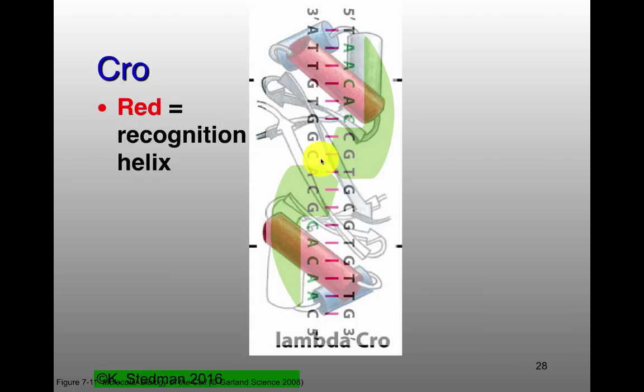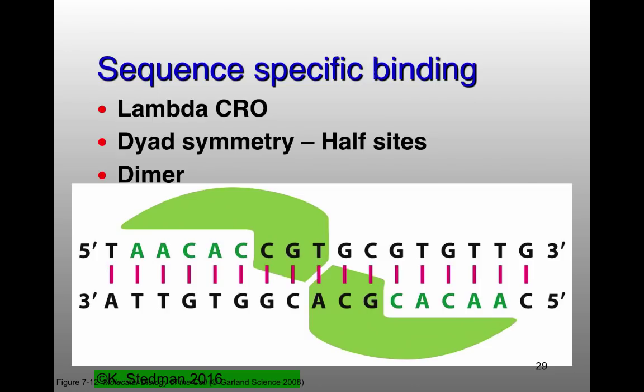So the beta strands are just holding each of the monomers together so that the HTH can sit in adjacent major grooves. And because they are identical alpha helices, they're going to be interacting with identical sequences, but they're in inverse orientation. And so that gets back to our dyad symmetry here, where if you look at the sequence, it's AACAC from 5' to 3', and in the opposite strand, AACAC from 5' to 3', because it's the same alpha helix. It's a homodimer, which is going to be interacting with these sites. Yeah, Olivia.